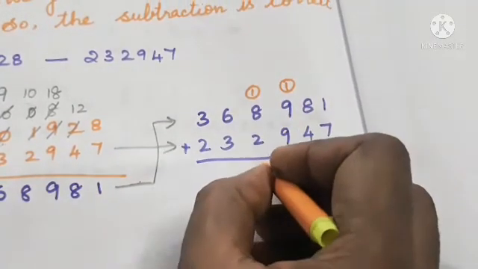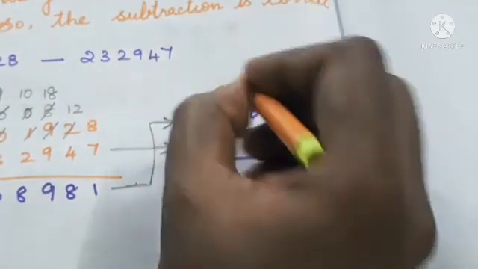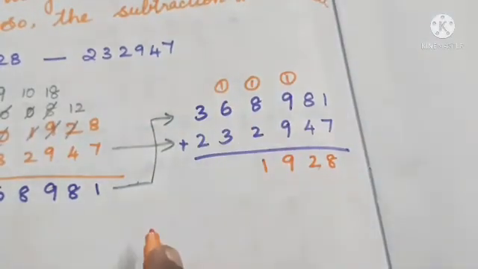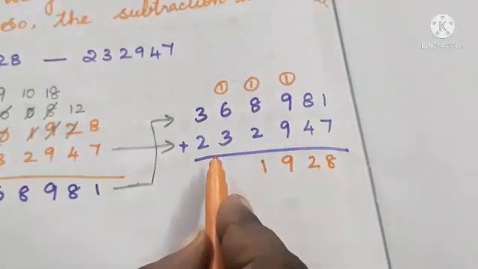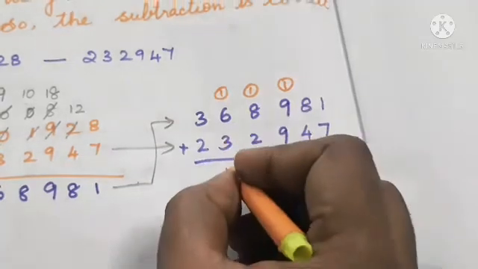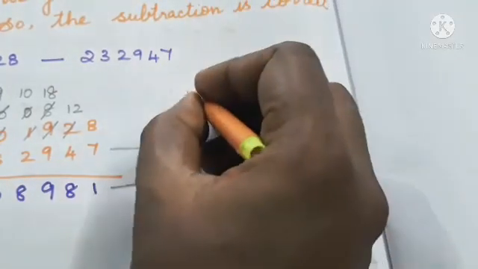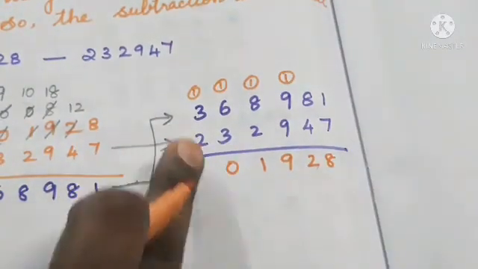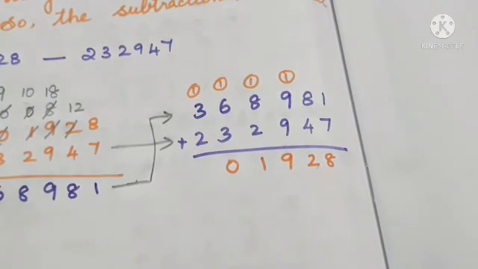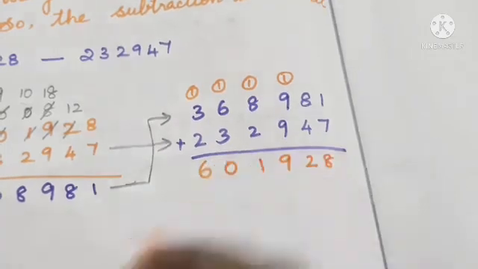So we will write the 1 here. We can write the 1 above. Next, 6 plus 1 is 7. 7 plus 3 is what? 7 plus 3 is 10. So 0 here and 1 balance. Next, 1 plus 3, otherwise 3 plus 1 is 4. 4 plus 2 is what? 6.